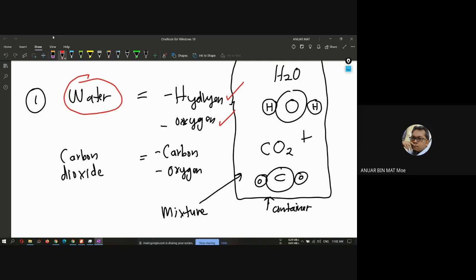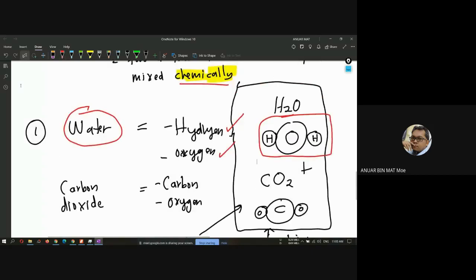If you draw the diagram of the atom, the diagram of the molecule or the compound here, we can see that the two hydrogen atoms bond together with the one atom of oxygen. This is what we call a compound. And the compound of water, we call it H2O. Okay, can you understand this? Can you understand the compound, class? Yeah. Okay, all right, good.